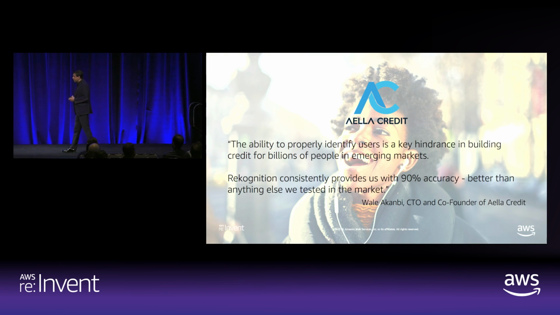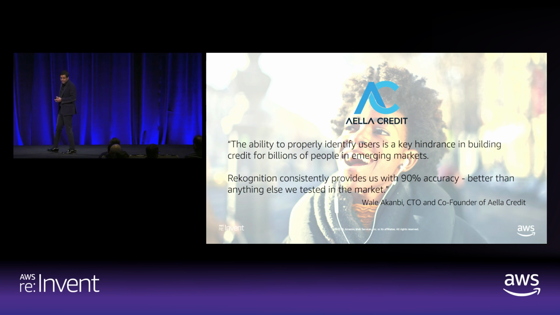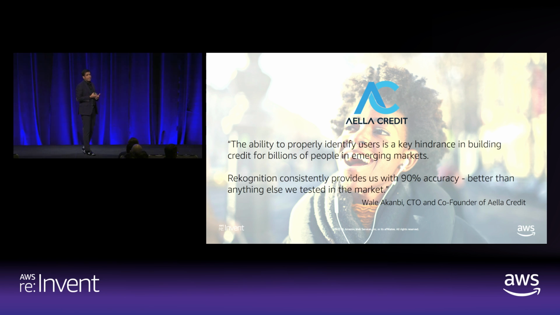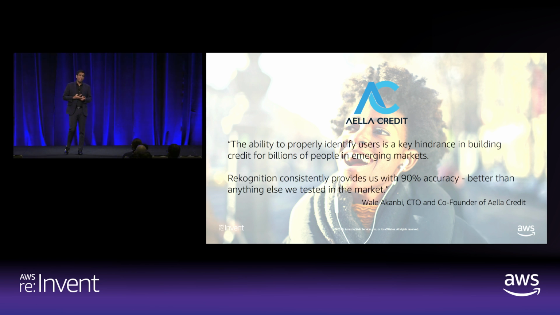A great example of know your customer is Ayla Credit. They are providing a bunch of finance solutions to their customers. And the biggest challenge they had is that their customer base is fairly demographically diverse. They tested all face solutions that are out there. They found Rekognition to be significantly better than any of them, and hence they're able to provide a much better customer engagement story today using Amazon Rekognition.